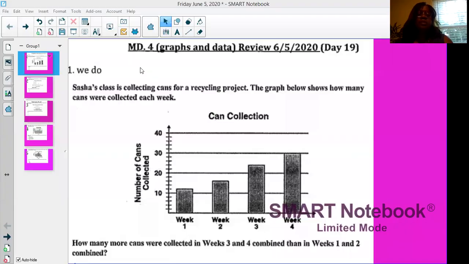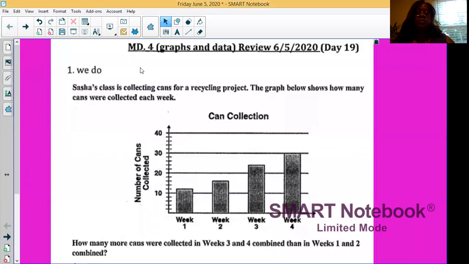And I will share my screen. All right, so you're going to notice that today we're going to do some we do's, and then you have about 4 you do's that you're going to do. Some of the you do's you've seen before, and then some of them you have to figure out what they are. So let's continue. Let's begin with the first we do, and it reads, Sasha's class is collecting cans for